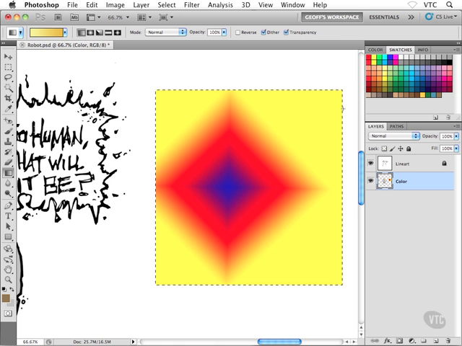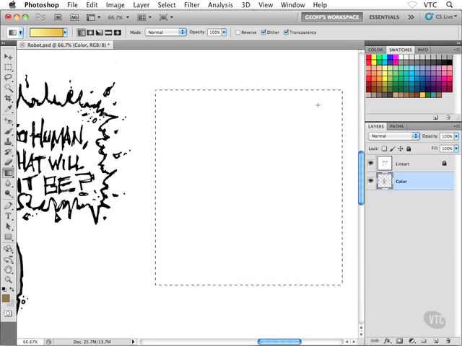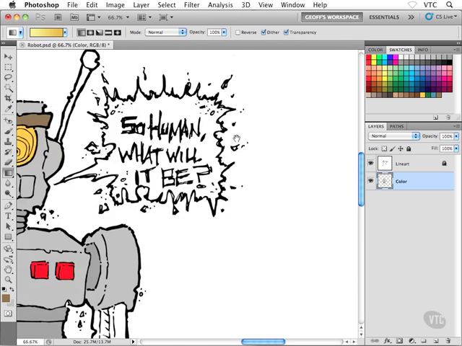Now that we've gone to the trouble of creating a custom gradient, let's actually use it inside our cartoon robot artwork. The first thing I'm going to do is get rid of this diamond gradient that I created here for you, just as a quick example. To do that, I'm just going to hit the Delete key on my keyboard to delete the contents of my selection. And then I'm going to deselect, Command D or Control D,